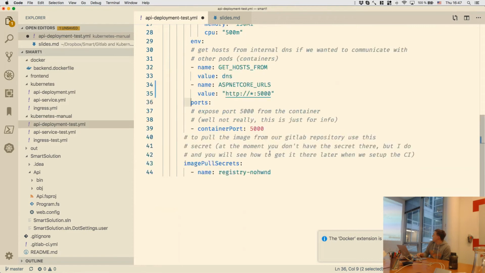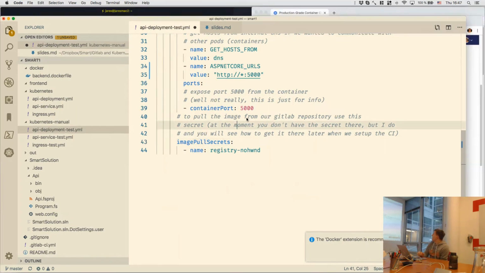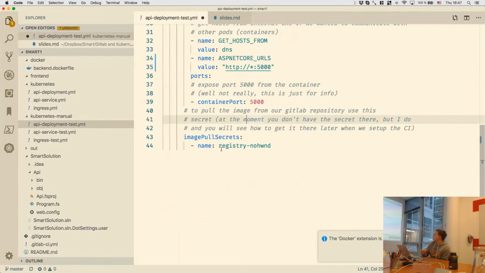And then we have this image pull secret. And that's quite important because you have a GitLab registry in here where you push your images, and then you have your Azure cluster on a different network, and you need something to be able to connect to the registry and pull the images. And in here, I'm just using my username and a token that I pushed in the secret storage. You can do that by